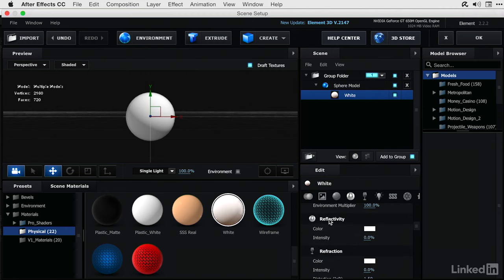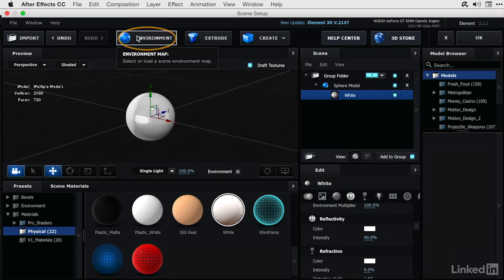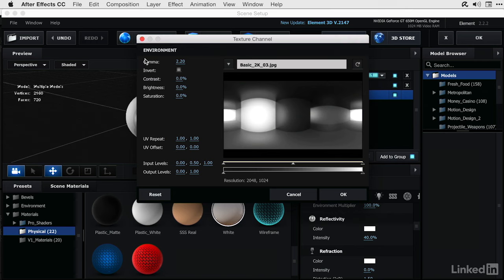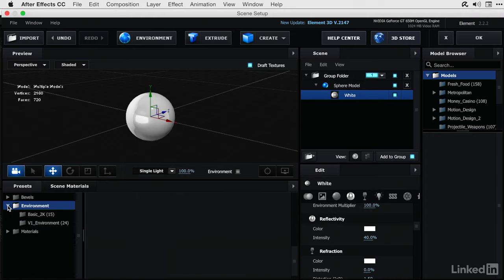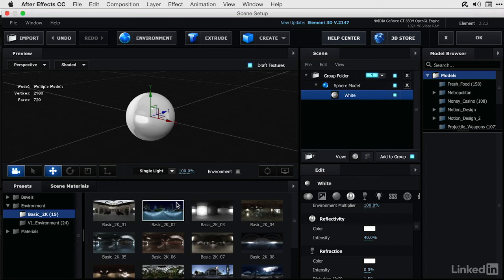I want to increase the intensity here from 0 to 40%, and right away we're going to start to see something reflecting on that sphere. Here you can see the texture or environment currently being reflected. I'll just close that out. I want to switch this out by going to the Presets tab, going into the Environment folder, and you can see here I got some basic 2K elements that I can use as environment layers. I'm going to select the basic 2K02, apply that to the scene,